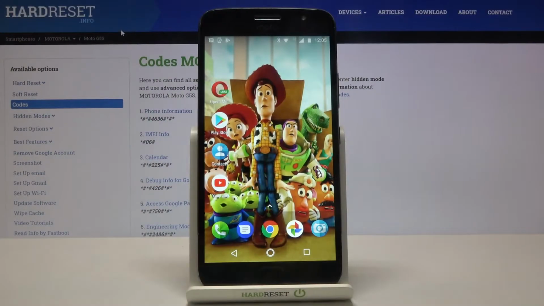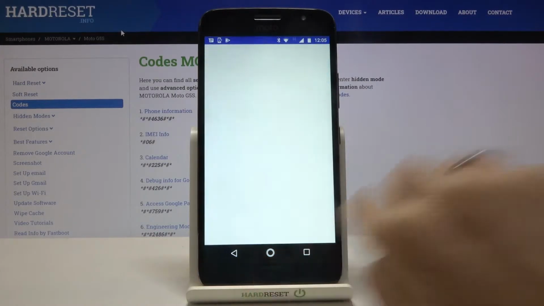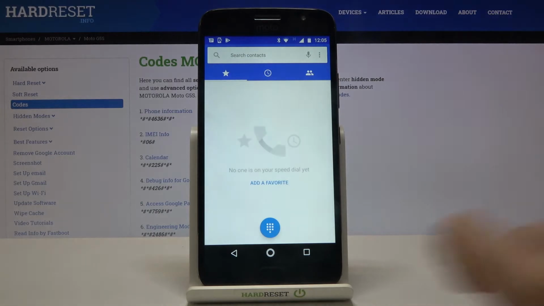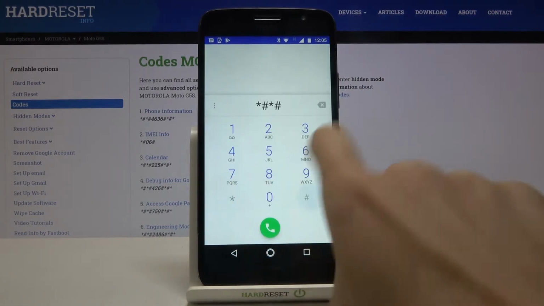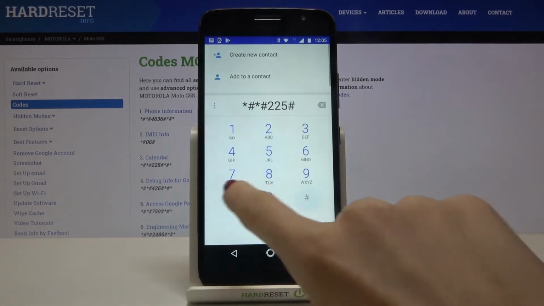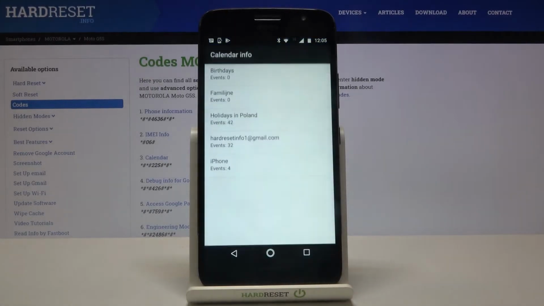Here I've got Motorola Moto G5S, and let me show you some of the secret codes that you can use on this device. So at first, just open your phone dialer, and let me enter the first code, which is *#*#225#*#*. And as you can see now we are in calendar info,